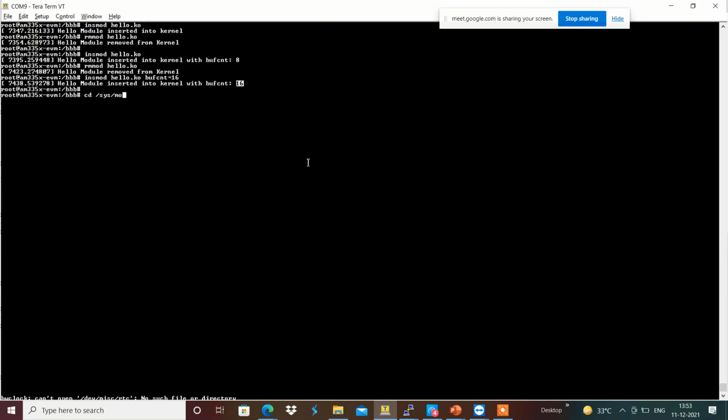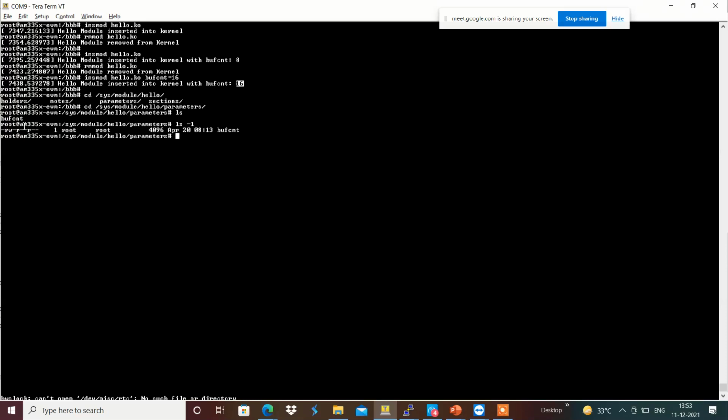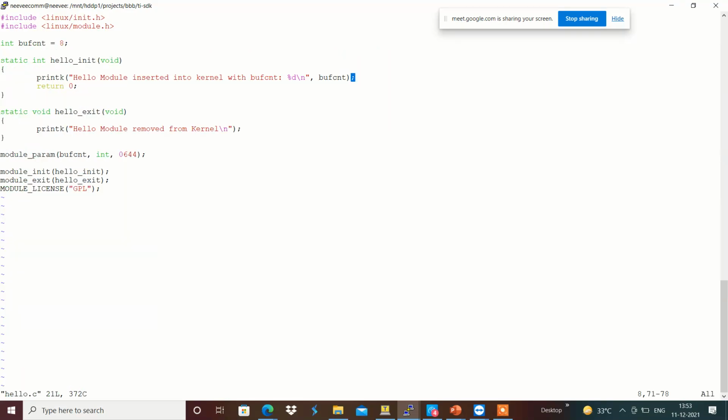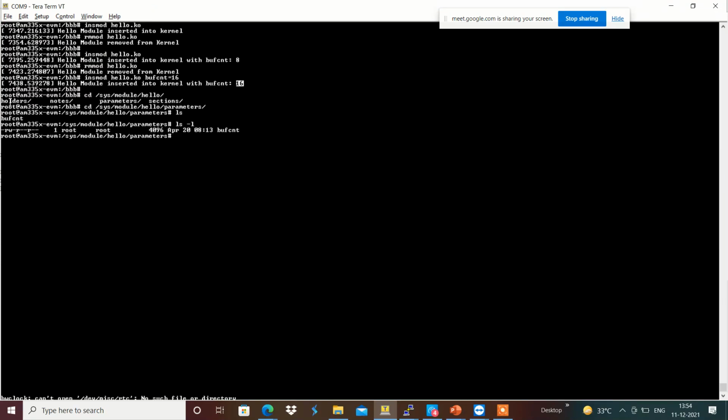/sys/module/hello, we got the information about the parameters of the hello module, that buff count is the parameter. Whatever option we provided, 644, is the sysfs permission provided, and we got the same: read and write for root access, read for the group user, and read for the normal user as well.